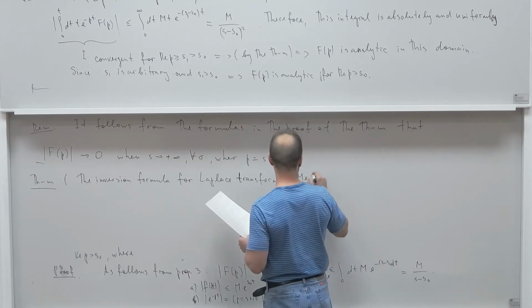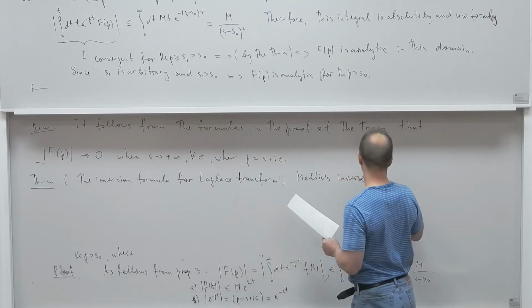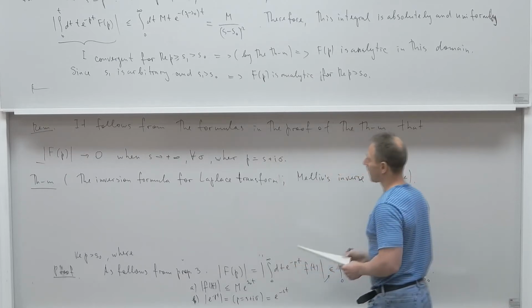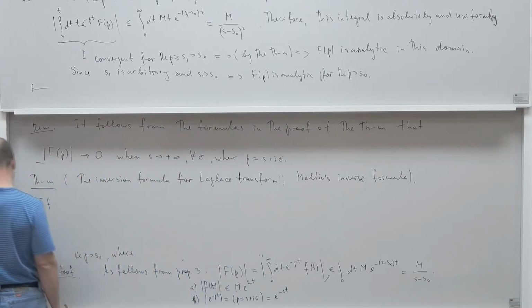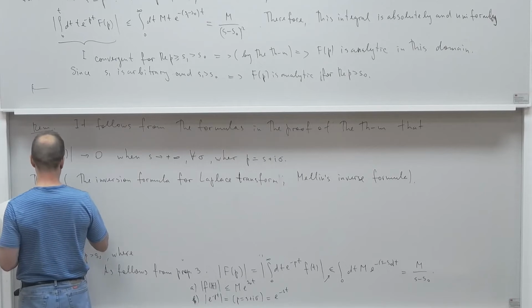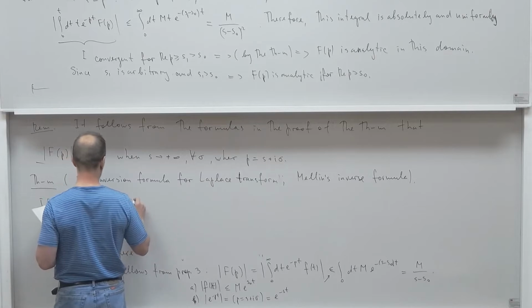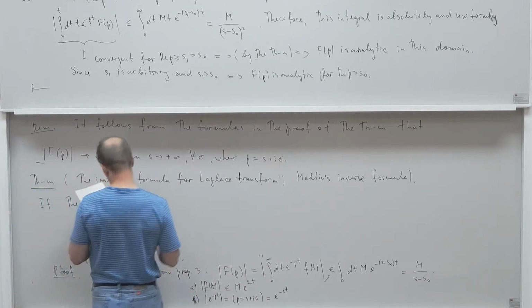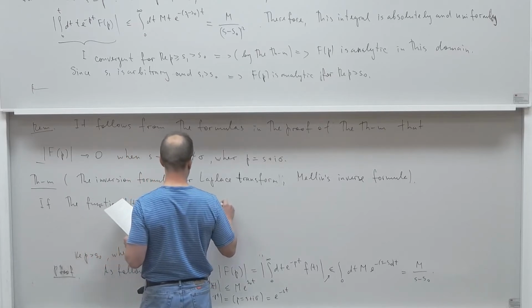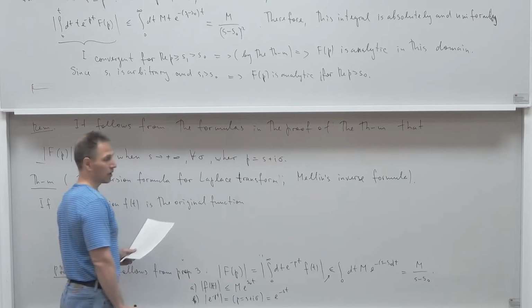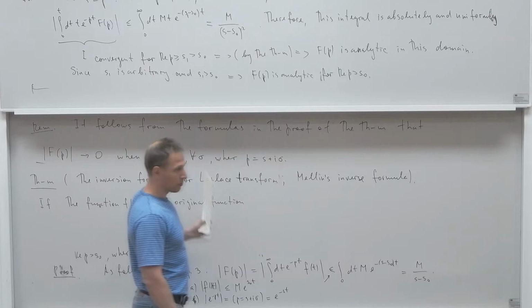If the function f of t is the original function, that is, it satisfies the properties 1 to 3, which we mentioned at the beginning of our lecture,